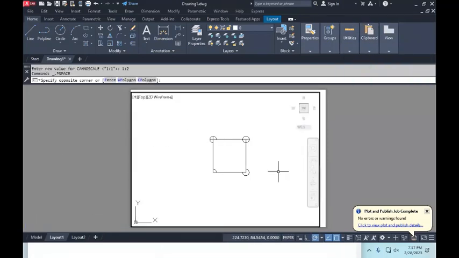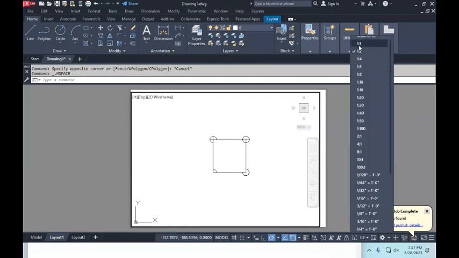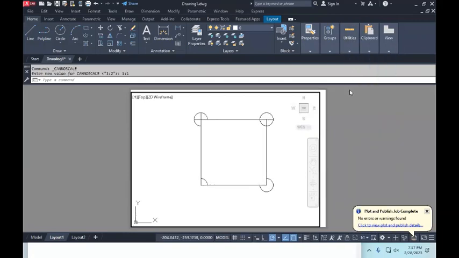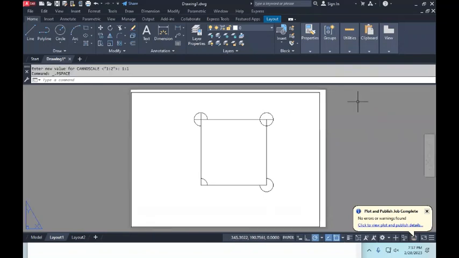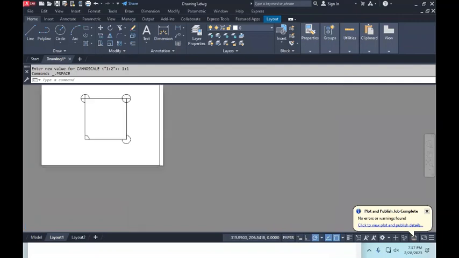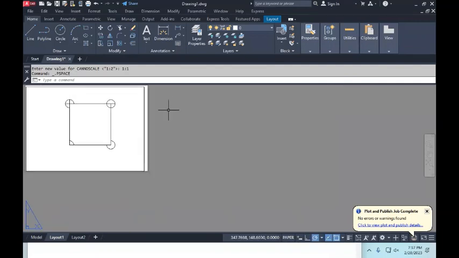Got it? So, once I have set the scale, let's say in this case my scale is 1:1, double click outside the viewport, because you have set the scale. If by mistake you zoom in and out, you are changing the scale of your drawing once again. Once you set the scale, double click outside. All right, then